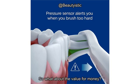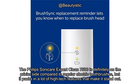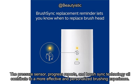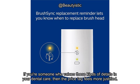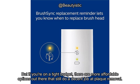So what about the value for money? The Philips Sonicare ExpertClean 7500 is definitely on the pricier side compared to regular electric toothbrushes, but it packs in a lot of high-tech features that make it stand out. The pressure sensor, progress reports, and BrushSync technology all contribute to a more effective and personalized brushing experience. If you're someone who values those kinds of details in your dental care, then the price tag feels more justified. But if you're on a tight budget, there are more affordable options out there that still do a decent job